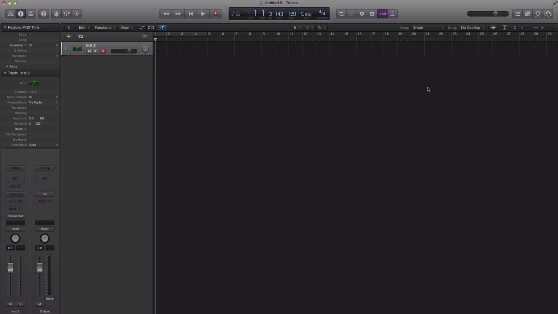Today's video I'm going to show you how to program your drums using a step sequencer type of feel, like those old school drum step sequencers. Now, most of the time I use my keyboard to bang on my drums, but if you gotta do some finicky drum work, you're going to want to use the piano roll here and step input your drum